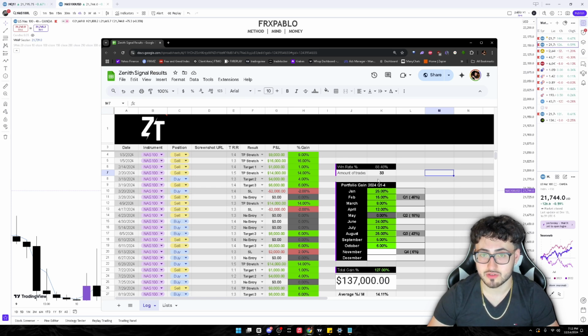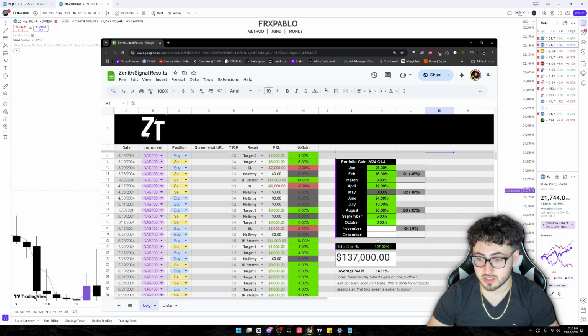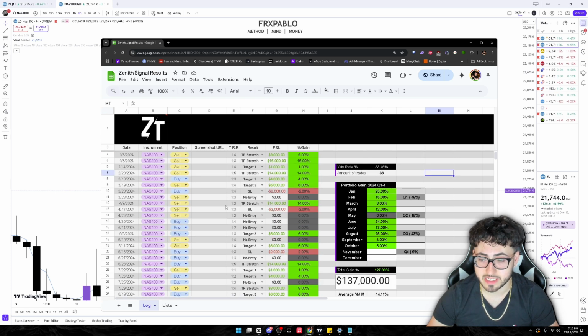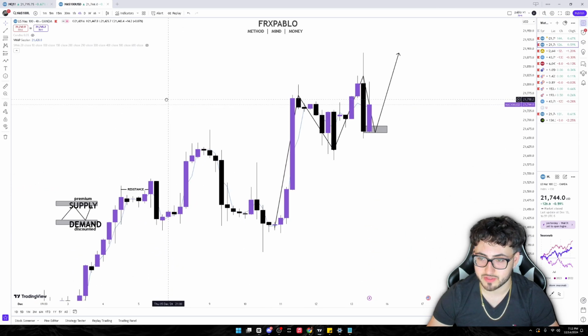And when I tell you this system is nuts, you guys can see the results for yourself. This is just across one of my accounts, right? This is on my live portfolio. I have a 6-figure account. This is not even including any funded accounts that I'm trading, and I have over 7 figures that I've scaled into already on fundeds. And this works across anything, whether you're trading live accounts, fundeds, whatever. It's going to work. And I'm going to show you guys exactly how effective it is.